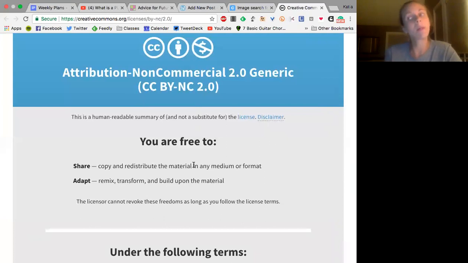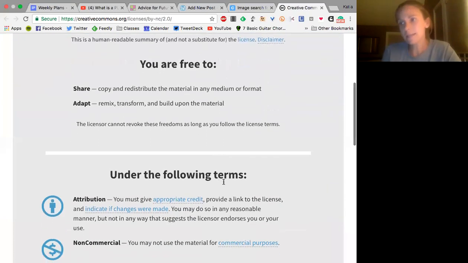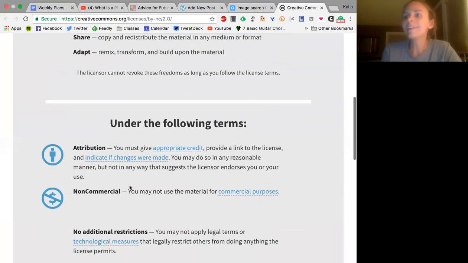So I can put it on my blog, absolutely. And I'm also allowed to remix it. But I have to give attribution, meaning I have to say where I got it from. And I have to indicate if I've changed anything, right? So if I remixed it in some way, I need to say, you know, adapted from this person. And it needs to be non-commercial. So I can't use it for commercial purposes, right?